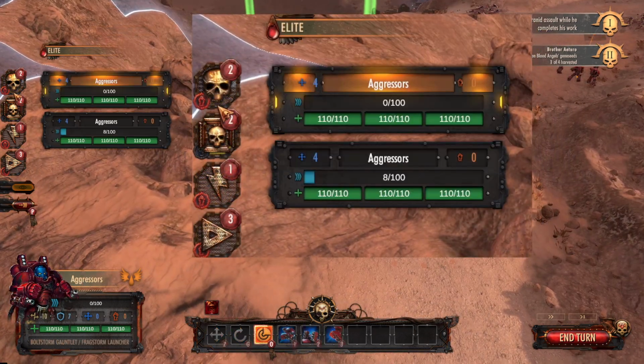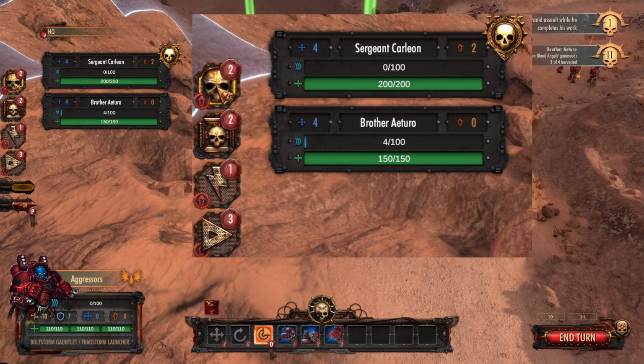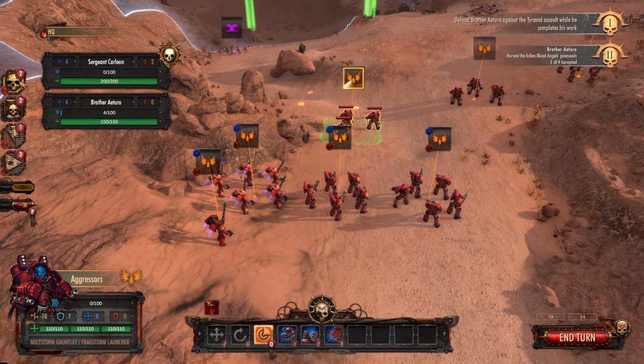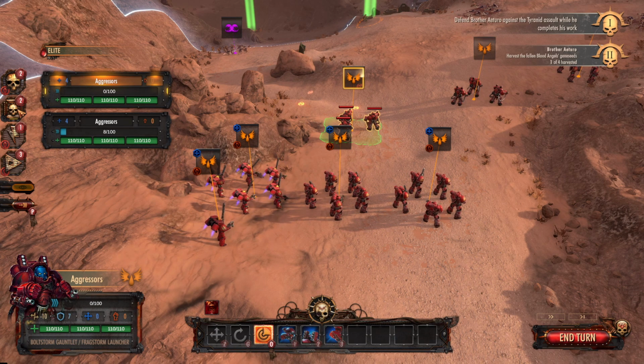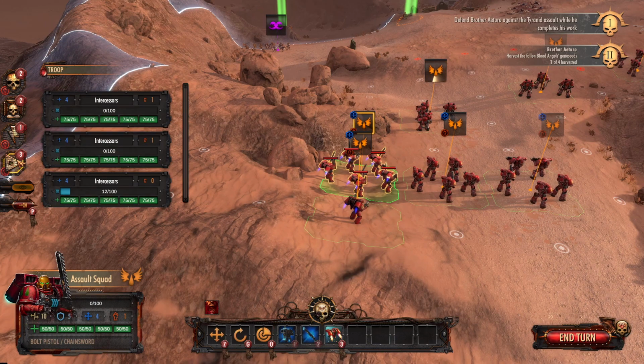But coming over to the left, we can actually see a nice breakdown of the different units we have based on their category in the Warhammer tabletop codices. Our HQ choices include Sergeant Carleon and Brother Arturo, our aggressors standing as elite units, our assault squad in fast attack, and our intercessors as our standard troop choices,